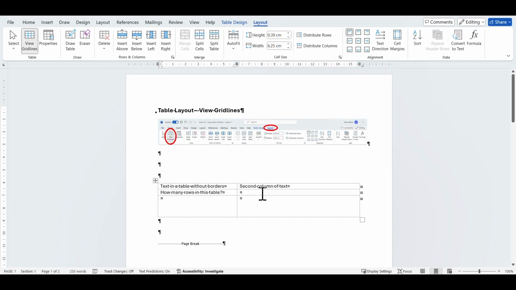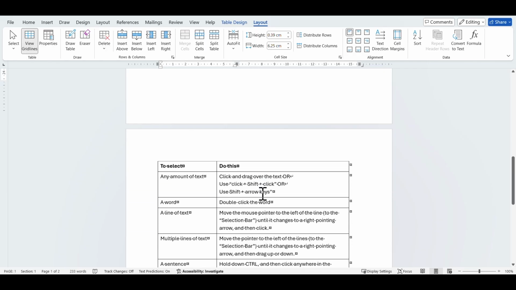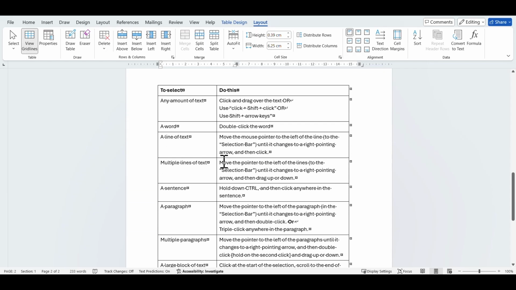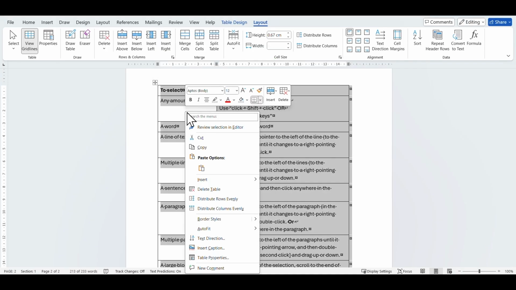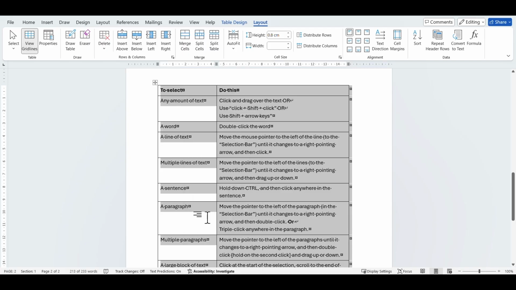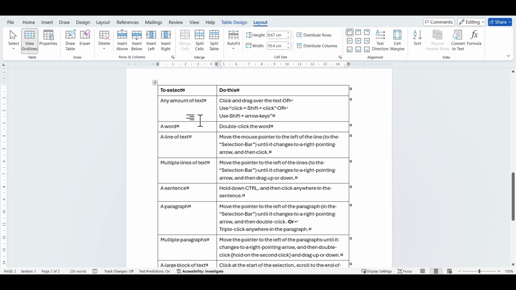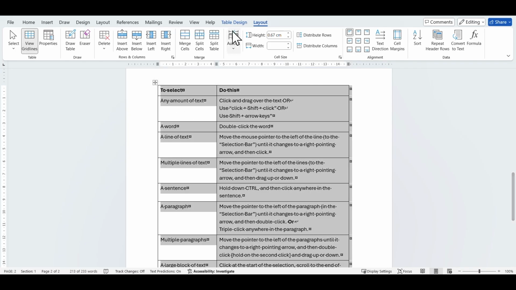As I said, and I've got an example on the second page, if you have borders on your table, you don't necessarily need to worry so much because the borders make it obvious where the cell boundaries are. If, however, you are taking the borders off that table by selecting the table and then switching the borders off,